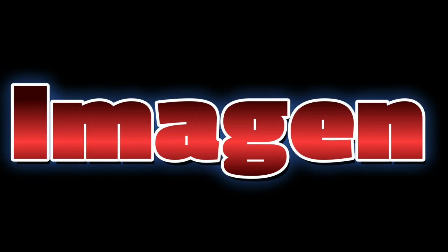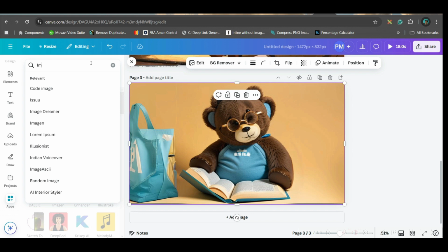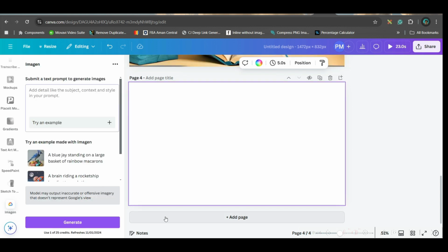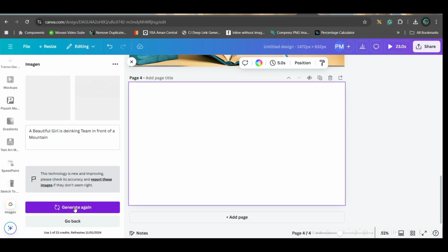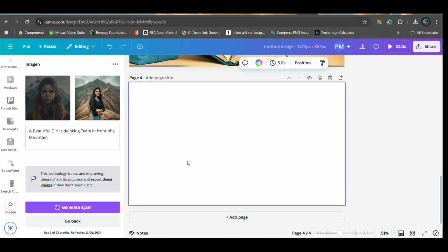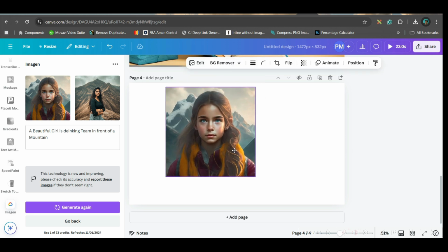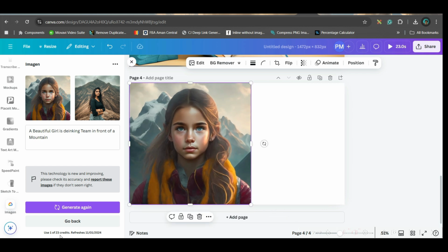The next app which I'm going to talk about is Google's text to image application. For this, again go to the app section, then write imagine and go to the imagine this option, then open. Here you'll have to give a prompt. So let's take a prompt. Imagine works really well when you give a very specific and small prompt. See how nicely they have generated, but here I cannot see any cup, but overall the image is quite nice, quite good. You can add some more specifications like Ultra HD, photogenic, then it will be more realistic. But overall, the images are pretty satisfactory.